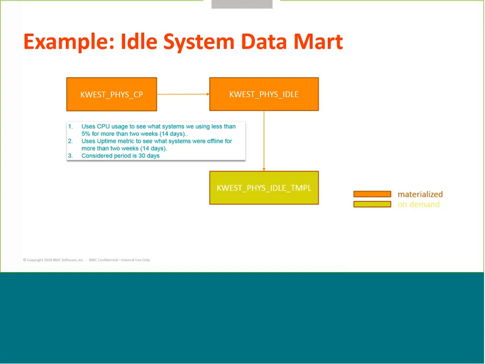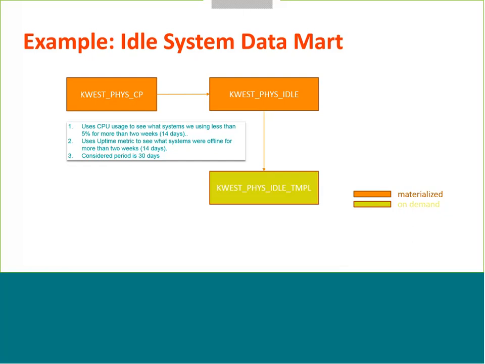Okay, so let me talk about the example we're going to use here. In the previous session, we started with creating a custom view dealing with identifying idle systems. I'm going to use the same example for this, so we don't have to spend too much time on the use case. But just so you get caught up on the use case, this is an example where